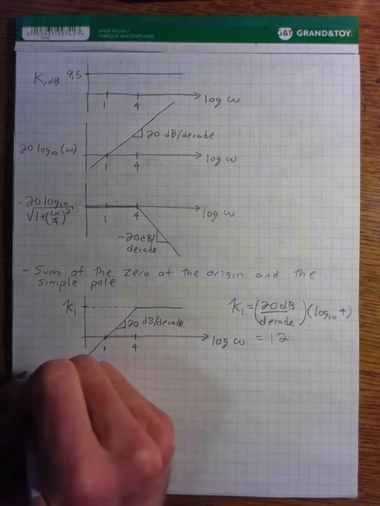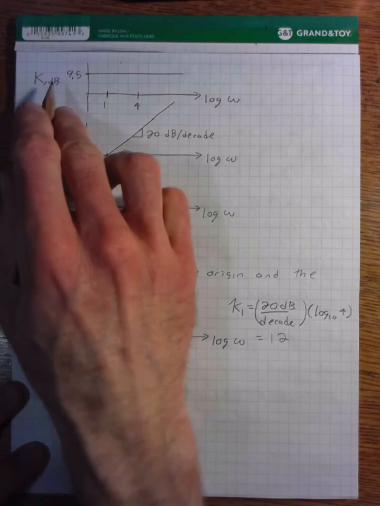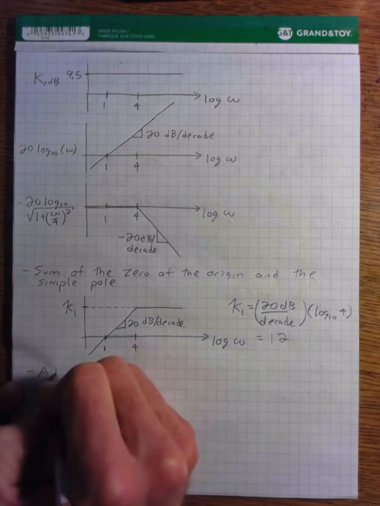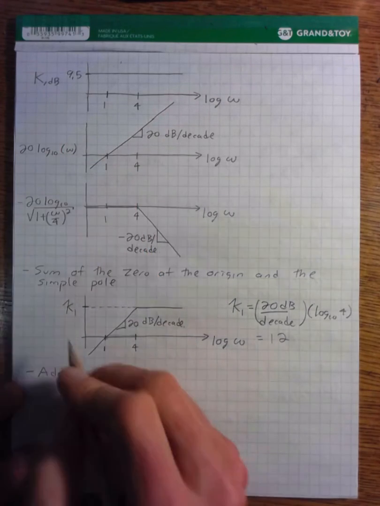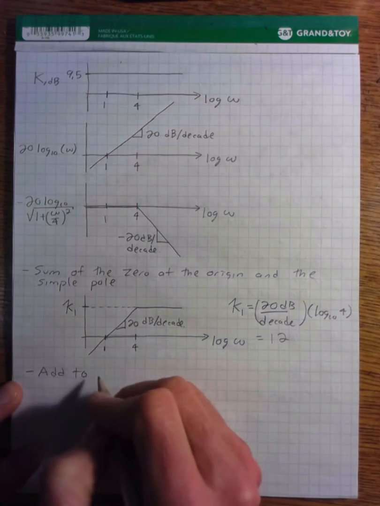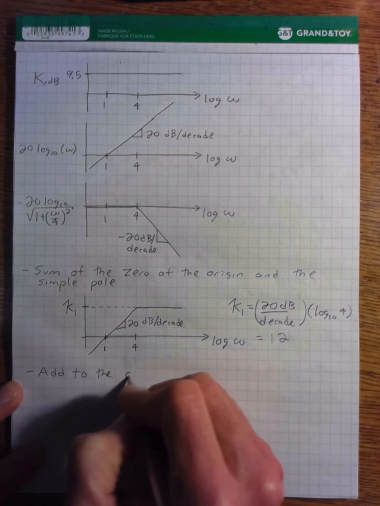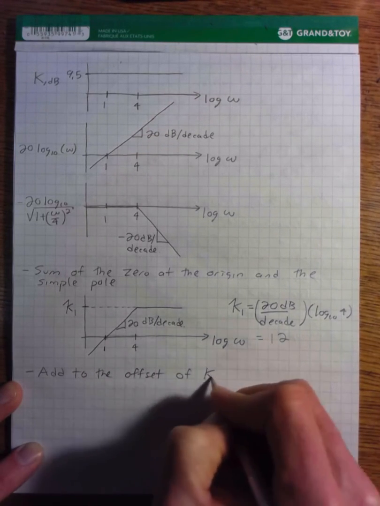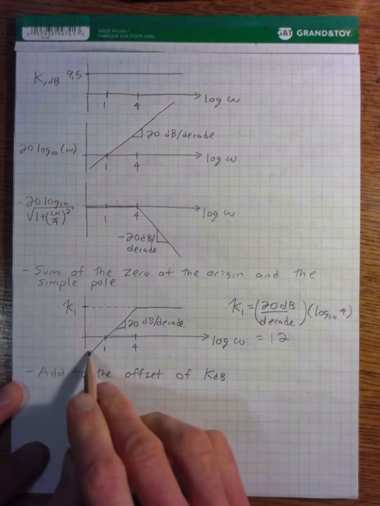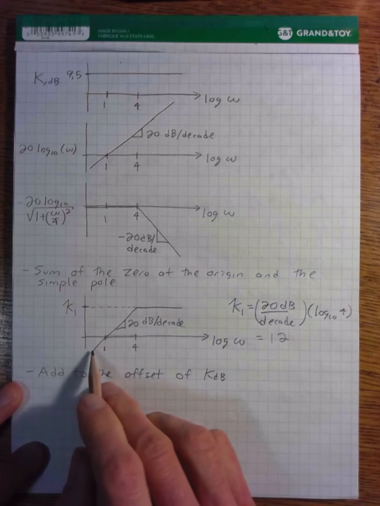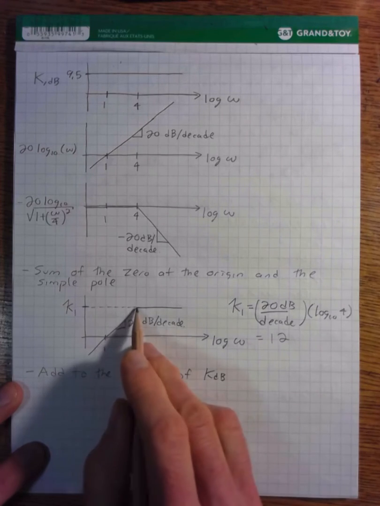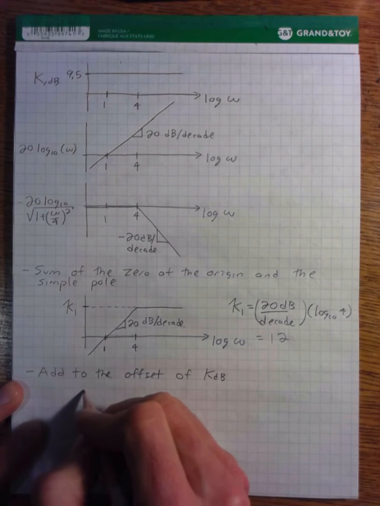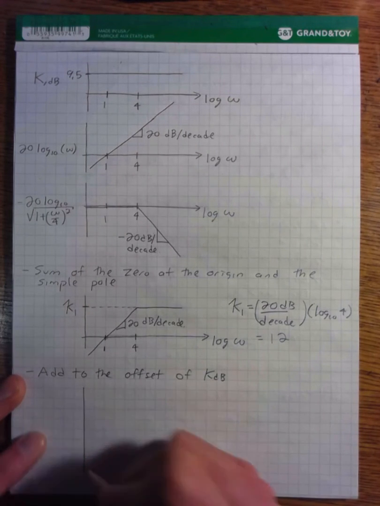Finally, we need to take this and just add it to the 9.5 dB offset that's caused by our constant. So that doesn't change the shape of our frequency response. We're still going to have this increasing line, and it's still going to flatten out. We just shift everything up by 9.5 dB. And so our final plot